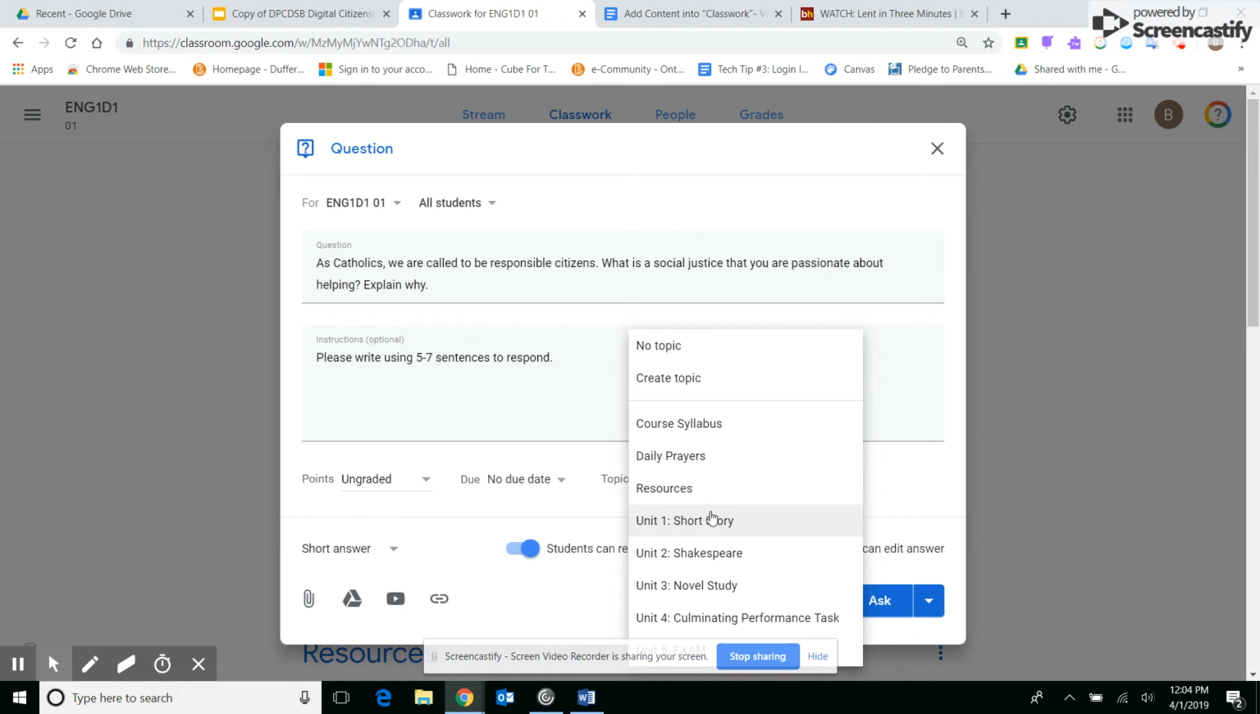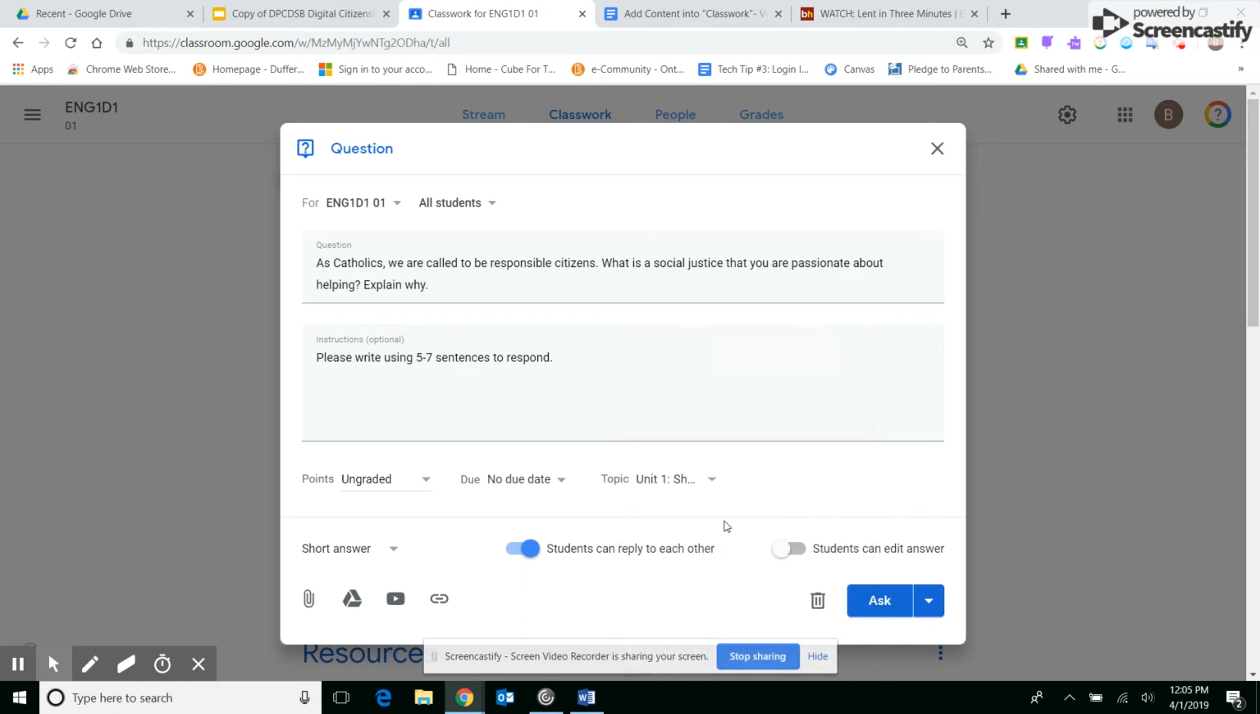Let's pretend it's a question that came up in our short story. So maybe we talked about being responsible citizens because we read a short story about them being responsible citizens, and a social justice topic, and I could assign it to that. I could also have the ability to make it multiple choice and make this question multiple choice. But for this purpose, I'm using the short